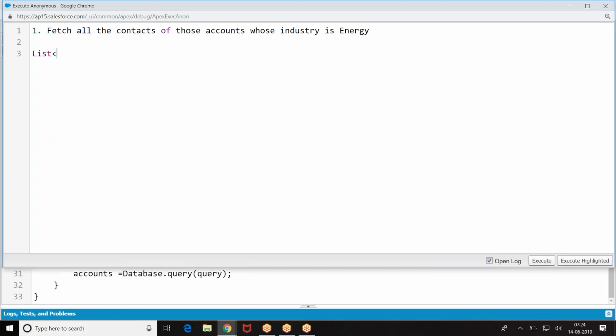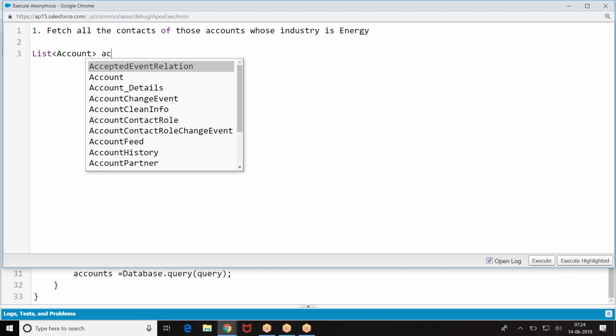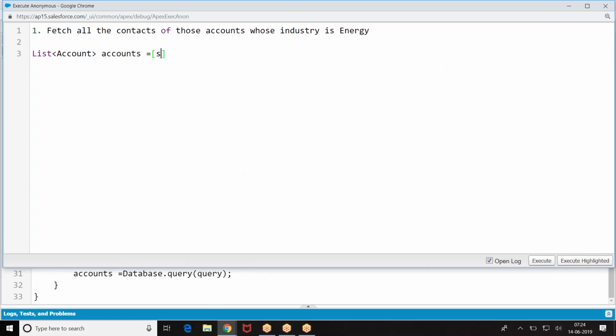First query: list of accounts equals, select from Account where industry is energy. Then get the contacts of these accounts.